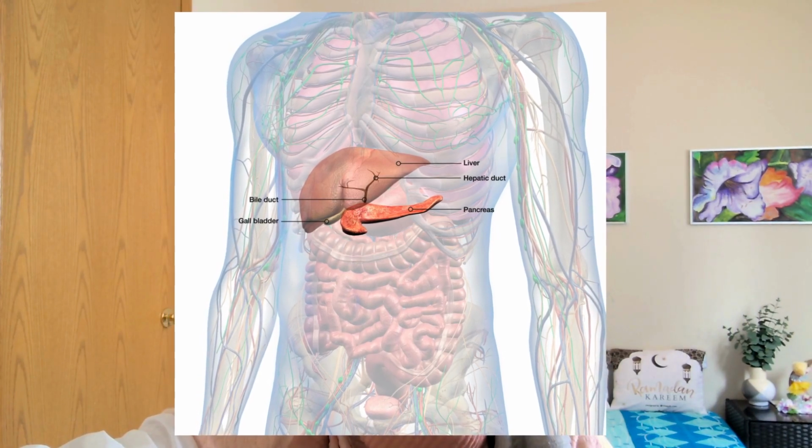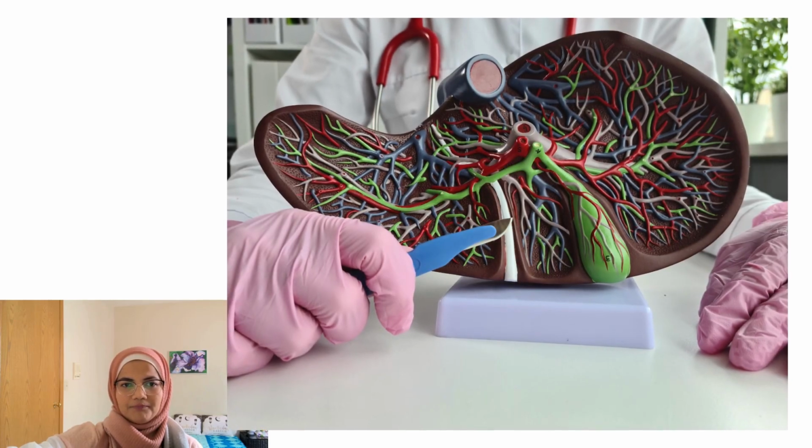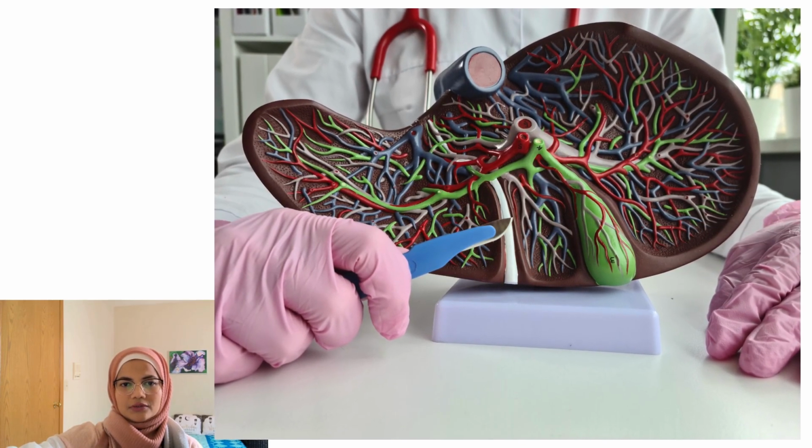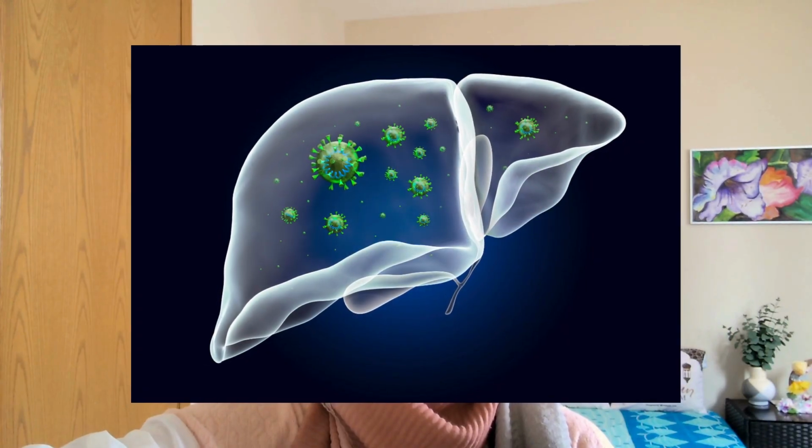And today we're going to aim at liver drainage and talk about the liver as the largest emunctory, the largest eliminating organ in the body. Liver drainage aims at emptying the gallbladder and the liver of accumulated waste, thus enabling the liver to filter waste from the organs and the blood, mainly the blood. So, not only does the liver filter the waste contained in blood, but it neutralizes and destroys toxins, poisons, microbes,